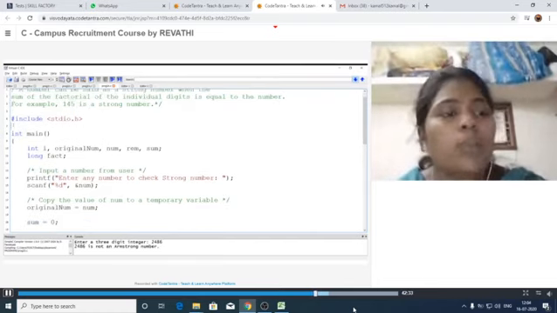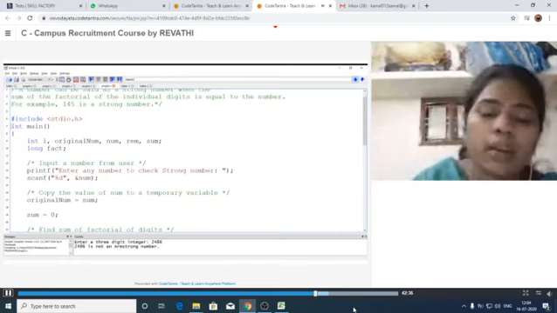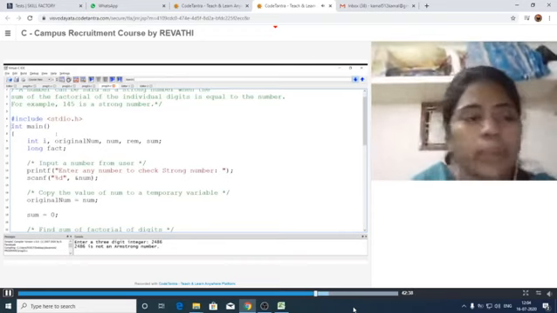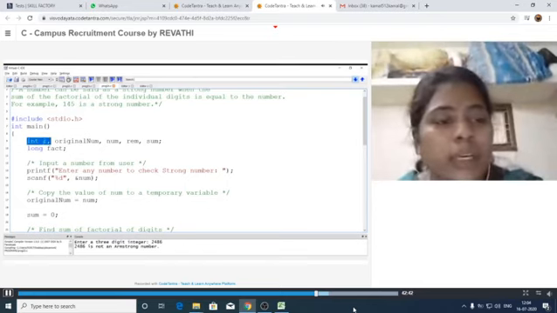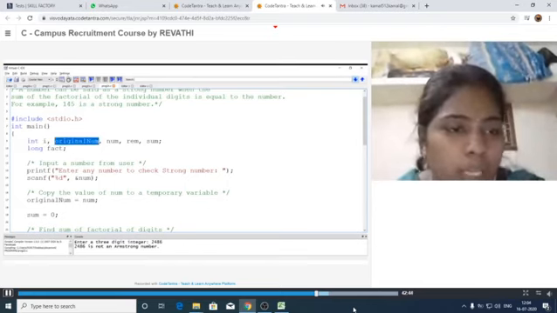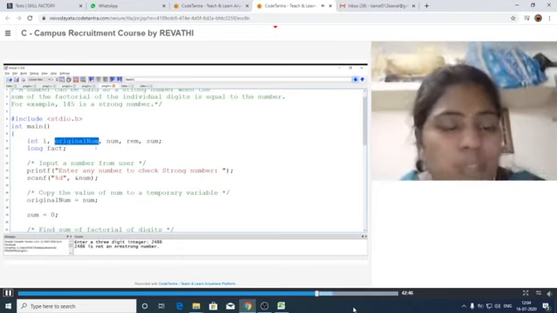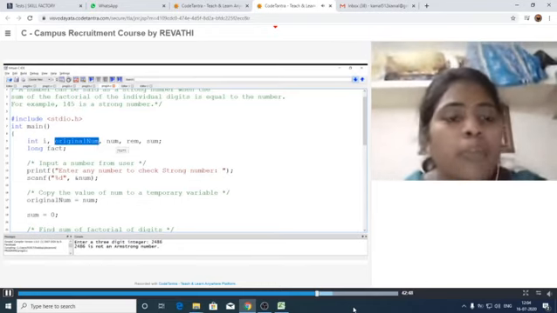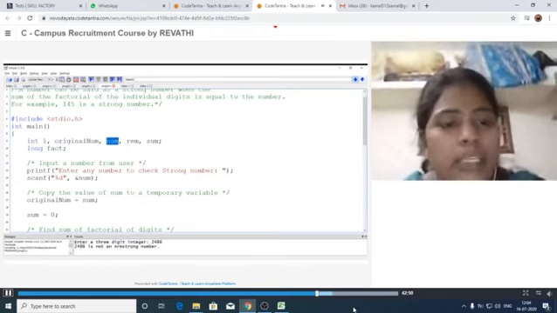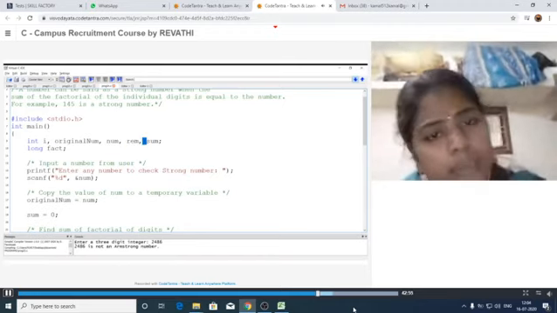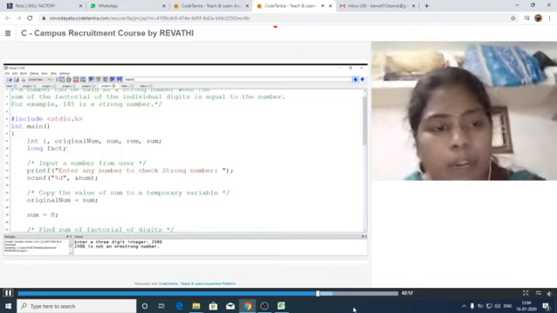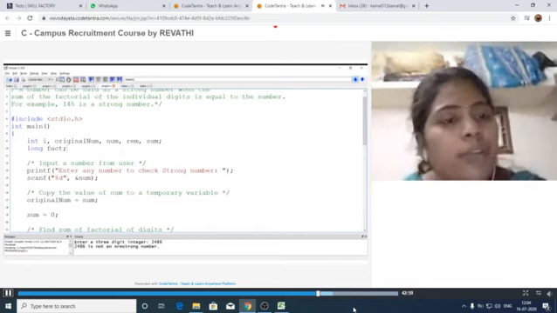Here let us take the header file and our C program can start with the main function. Now let us take the variables here. We need i for counting. This is for original number for storing whatever the input value we have provided, and this can be taken as given number, and as usual remainder and sum value. Okay, and for calculating the factorial value, one fact variable. These are the variables we need.